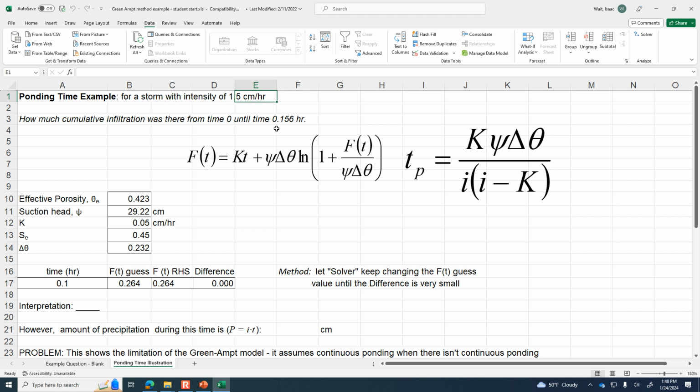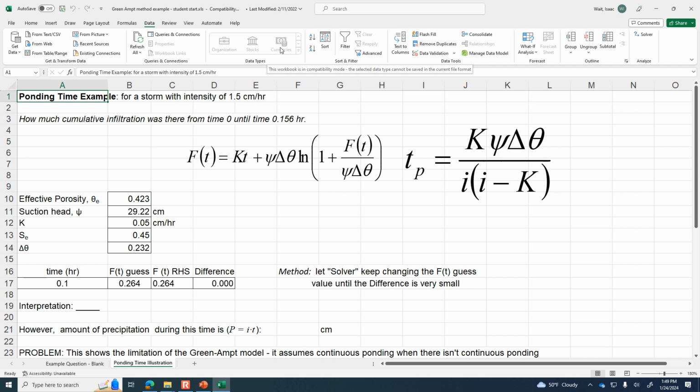Okay. The rainfall intensity, if the storm is 1.5 centimeters per hour, so 1.5 centimeters per hour, and then we multiply that